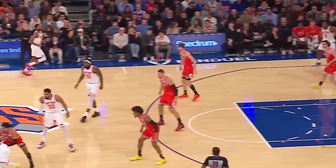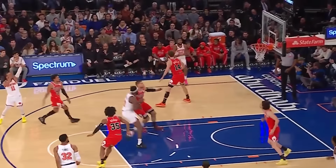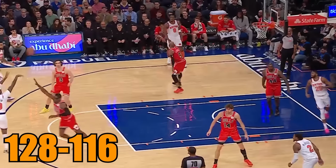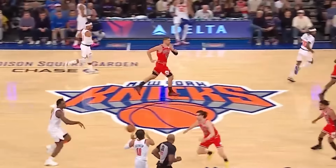The Knicks may have just turned it around. The Knicks just snapped out of any early season inconsistency with a performance that was all efficiency, all balance, and all business in their 128-116 win over the Bulls. They're now sitting at 3-3 on the season, but more importantly, they've been perfect at home with a clean 3-0